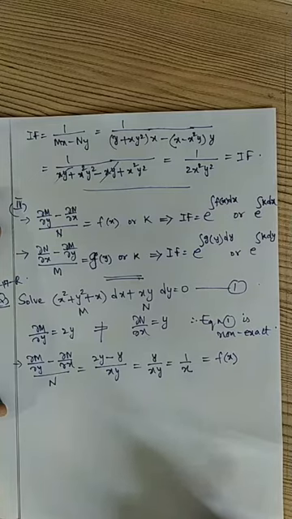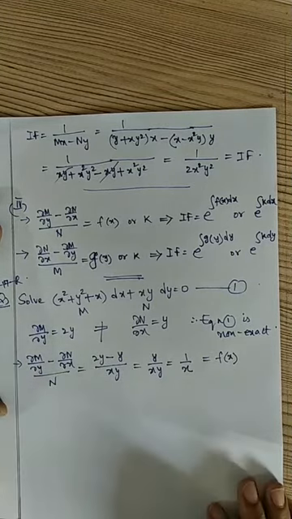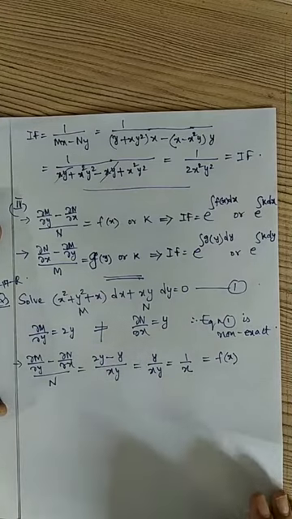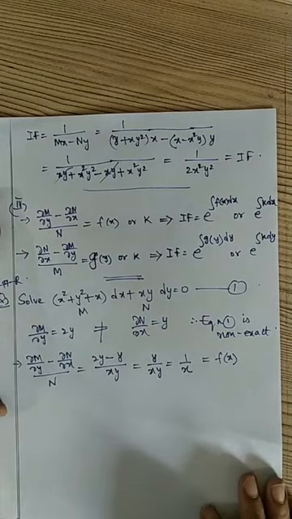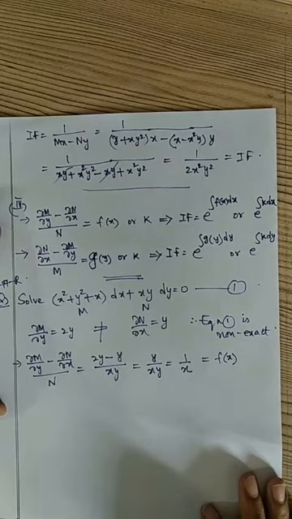So someone is asking how to identify the fourth method. See, the fourth method is applied when the previous three methods are not applicable. If some question is given, you try to apply the inspection method, not applicable, and the equation is not homogeneous, the equation is not of the form y into f of xy dx, that is also not applicable, then definitely the fourth method is applicable. So that is the identification for the fourth method, right?